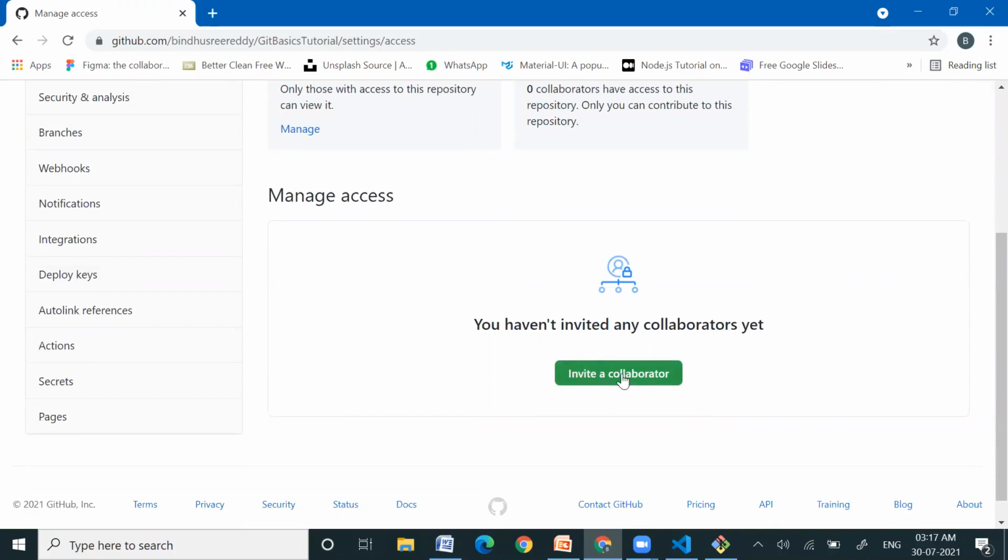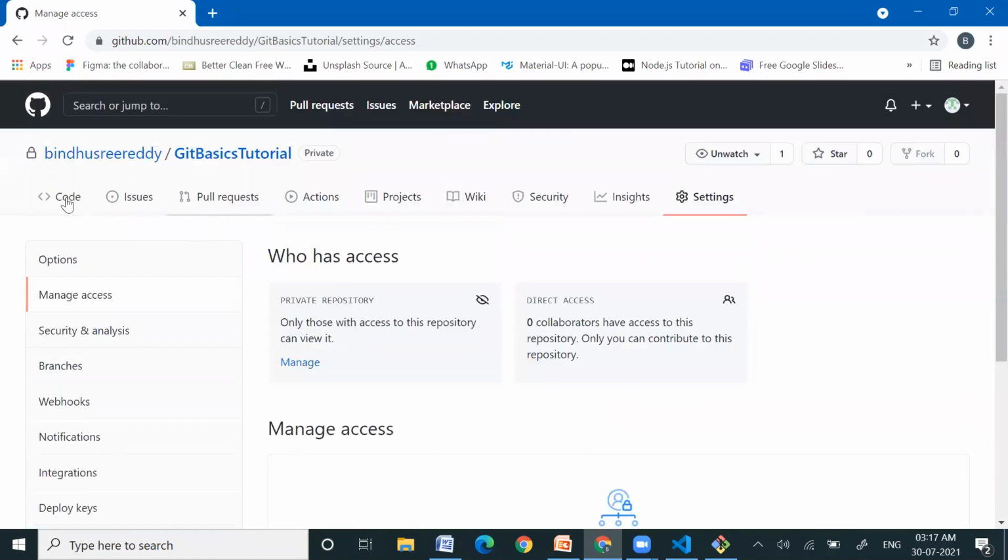A mail will be sent to the collaborator saying they have been invited to our GitHub repository. They can add files and do any work we do regularly, with complete access. This is code collaboration: different people can collaborate on a single project.